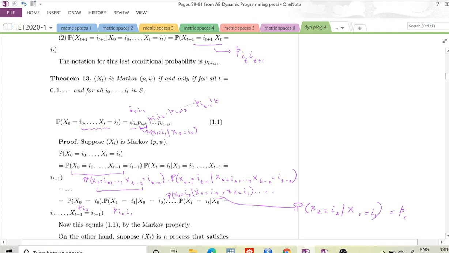So that's P i1 i2, and all the way through this last one, which is just going to be the probability xt equals it given xt minus 1 equals it minus 1, and that's P it minus 1 it. Okay,